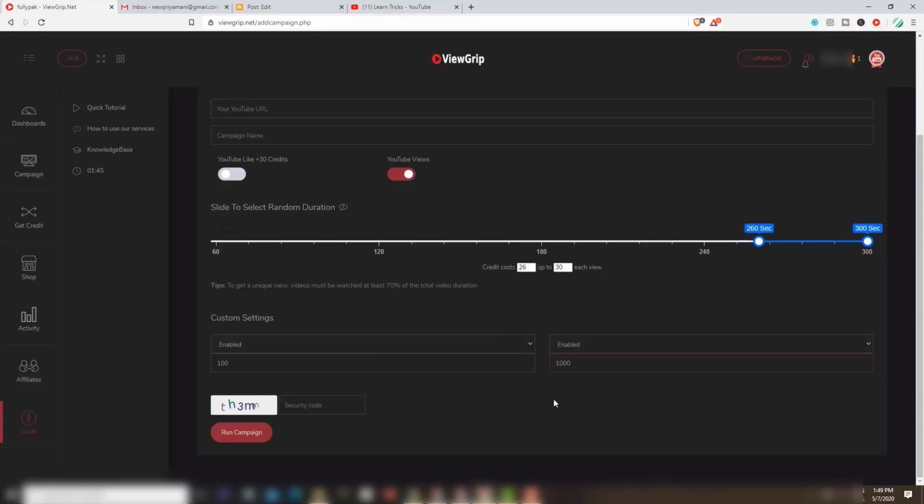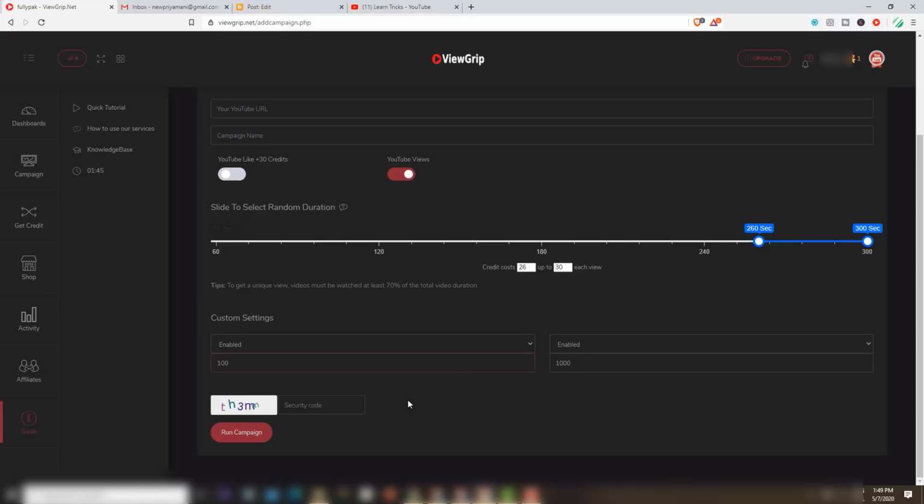So in this way you are actually distributing your views or likes or whatever over a period of time. So it's not that everything is getting delivered in 1 hour or 1 day, which YouTube may think is generated from bots. So this is the best feature. You set it properly so that every day you get the views, likes, something like that.